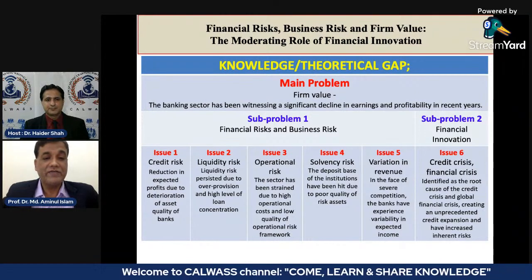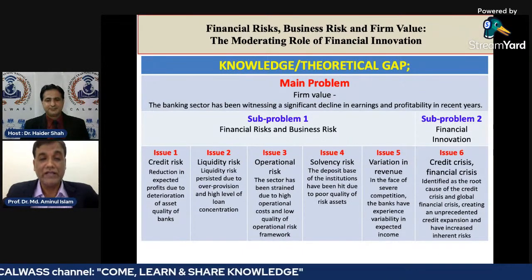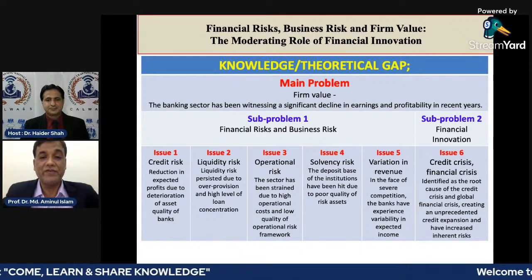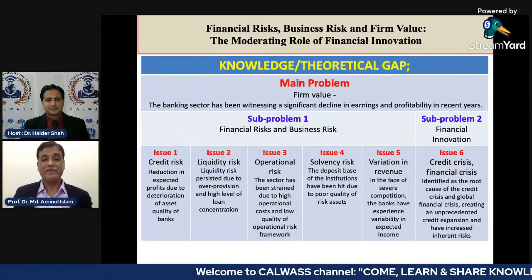Issue 1 is variable number 1. Issue 2 is variable number 2. Issue 3 is variable number 3, and so on. And your dependent variable is the main problem, the firm value. So easily the framework can be drawn. Okay. I do see, and many students also complain,